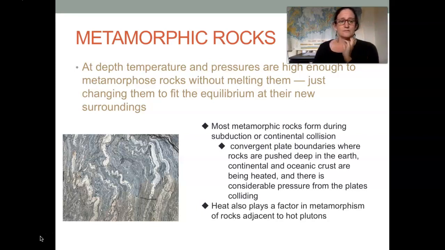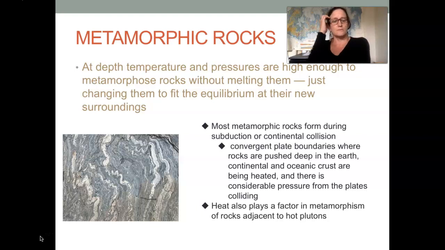If the rock gets melted, it's a different rock type. That's called a migmatite, partial melting, and then if it melts all the way, we go to igneous rocks. These rocks then that are experiencing metamorphism are just trying to adjust to a new equilibrium. They're out of their comfort zone and they're going to get changed by heat and pressure and maybe some circulating